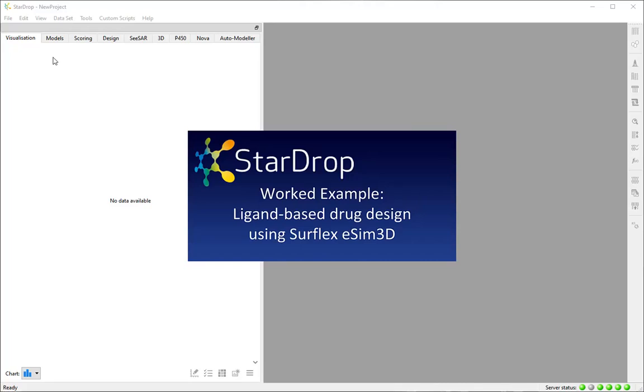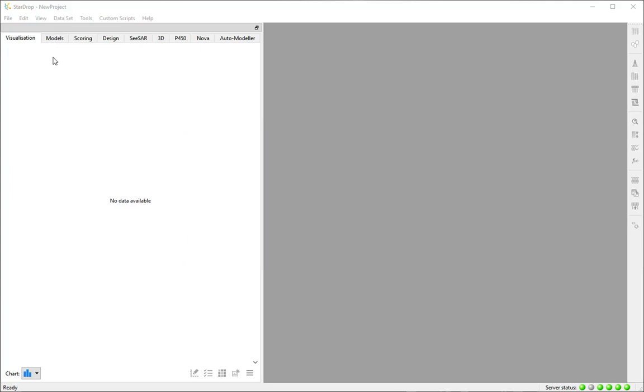This work example uses StarDrop Surflex eSim 3D module to assess a small library of compounds for their similarity to known HSP90 ligands. The library, created by a de novo design process, contains compounds with a beta-resorcylic acid core. The objective in this example is to use the Surflex eSim 3D module to develop an understanding of the 3D structure-activity relationships and then use multi-parameter optimization to assess the similarity score together with the ADME and physicochemical properties of